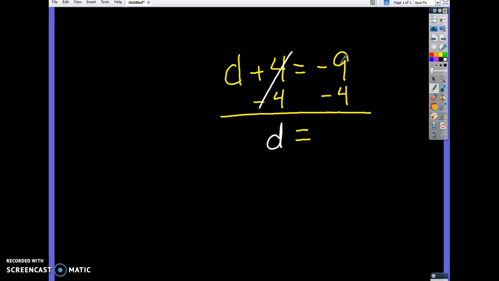Negative 9 minus 4. Looks like I'm subtracting 4 from negative 9, so I'm going to go farther into a negative direction. So I can just add the two signs. 9, 10, 11, 12, 13. This will be negative